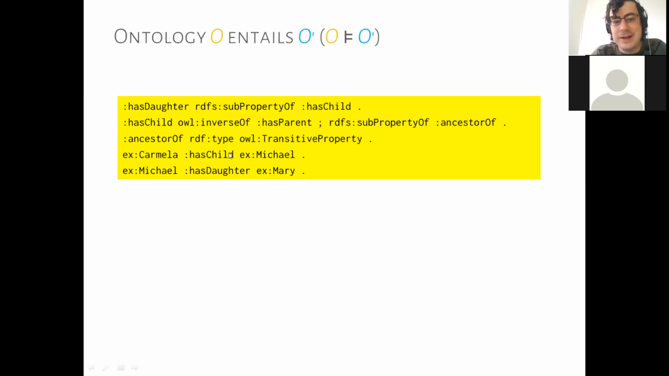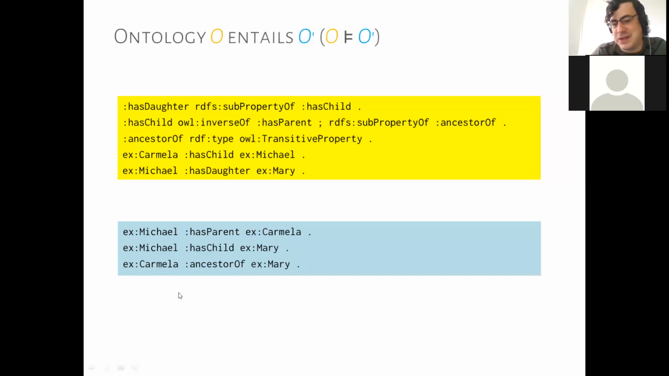So this entails a bunch of stuff, right? For example, if Michael has daughter Mary and has daughter is a subproperty of has child, then we know Michael has child Mary. And if we have Carmela has child Michael and Michael has child Mary and has child is a subproperty of ancestor of, then we have Carmela ancestor of Michael, Michael ancestor of Mary, Carmela ancestor of Mary, and so forth. So just to take some